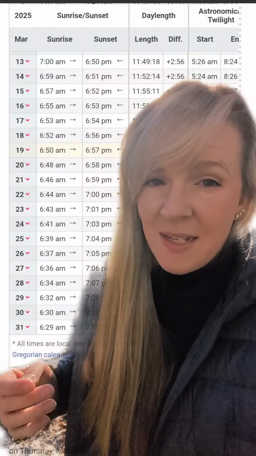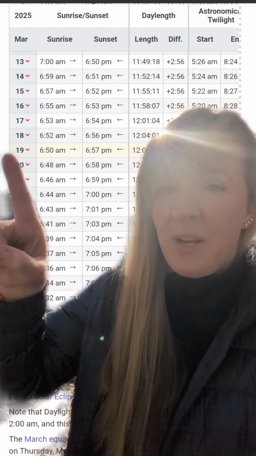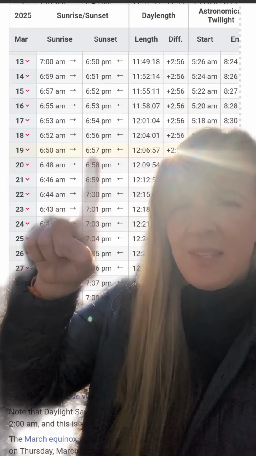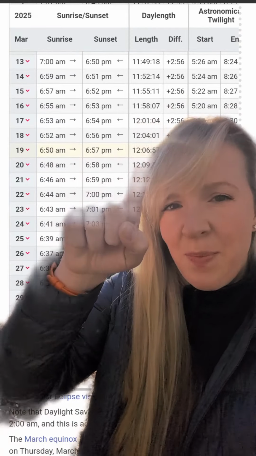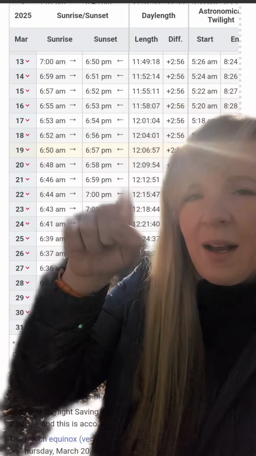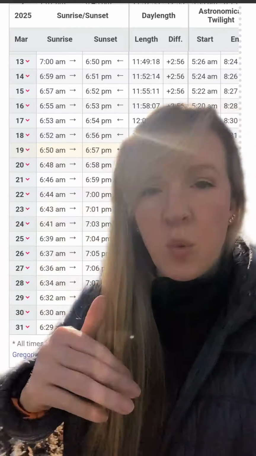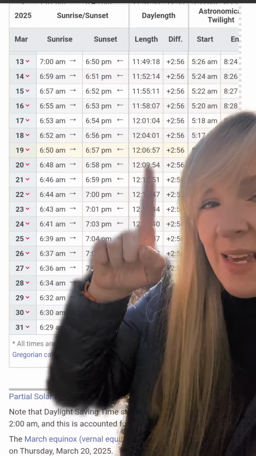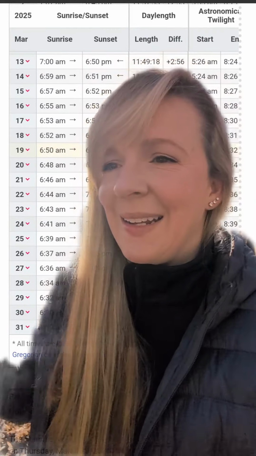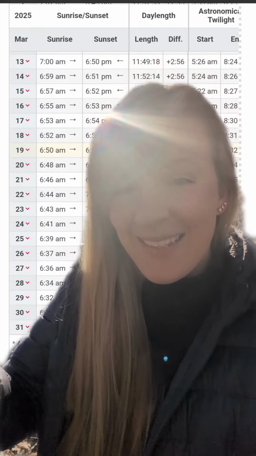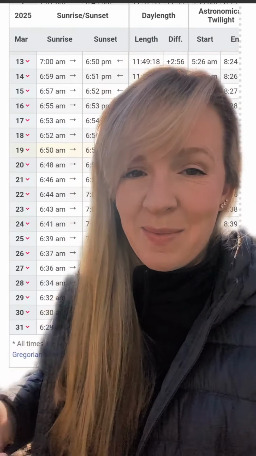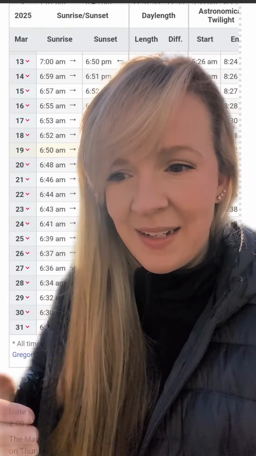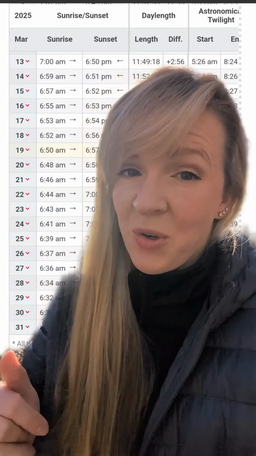So looking at sunrise and sunset times for Manchester, New Hampshire, here we are on the 19th. You see when sunrise is, when sunset is. We actually just passed the time where it was an even split of 12 hours of both. The days get longer quicker, but don't forget, it is less than 100 days. It's like 80-some days, I think, at this point. I can't remember exactly, until the days start getting shorter again.